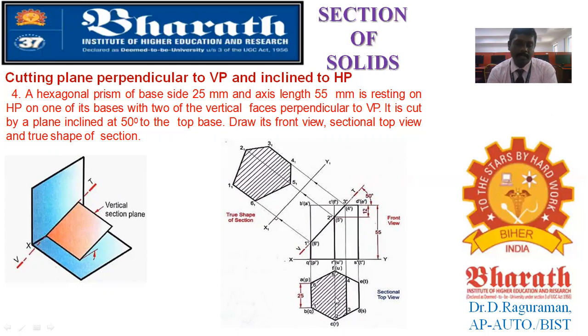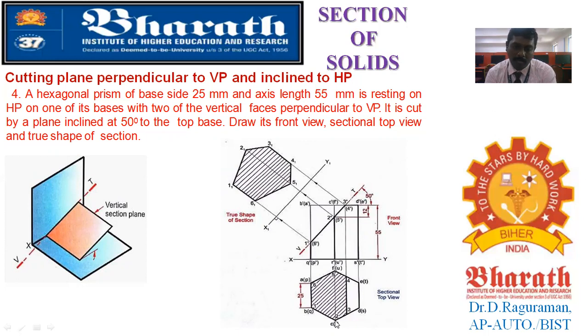Now a true shape of this you can obtain by drawing a perpendicular line from the cutting plane, and you will be creating an X1 Y1, an auxiliary reference line. So now from the auxiliary reference line, whatever the sectional points, this 1, 2, 3, 4, 5 from the XY reference line, the same distance you have to transfer in the auxiliary reference line to get the true shape of section. So from here, what is the closest one? 5 is the closest one. You can see the same distance you are transferring here on the respective projection 5.